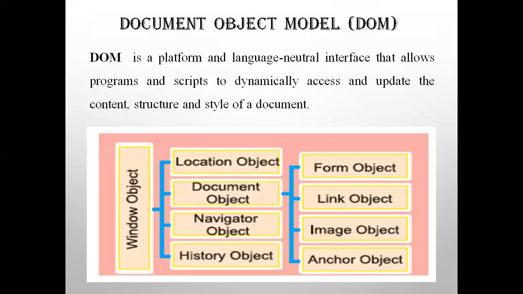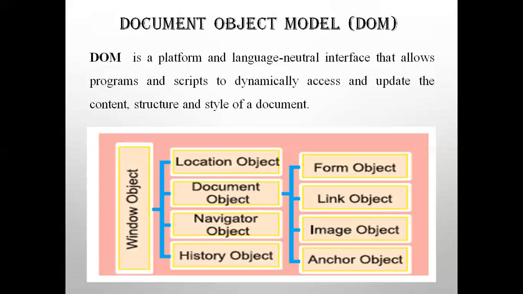Next, we will learn about the Document Object Model, the DOM. As you know, every web page which resides inside a browser window can be considered as an object. A web page in the browser window is also considered an object only. When the HTML document is loaded in the web browser, it becomes a document object, the HTML document object. It defines the logical structure of the document.